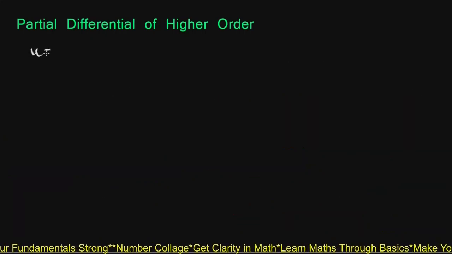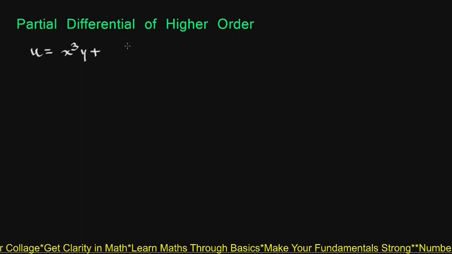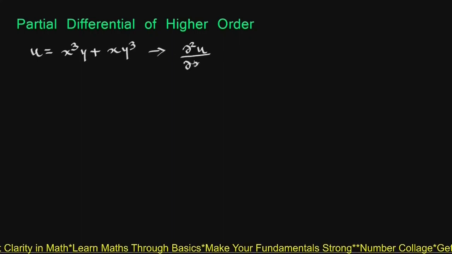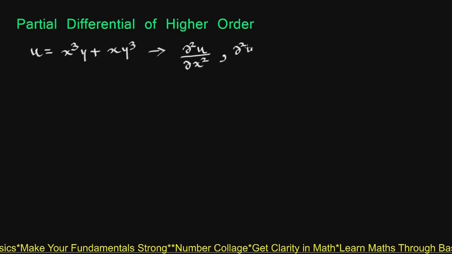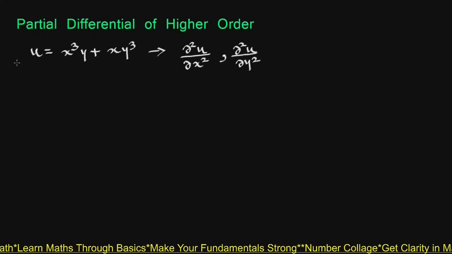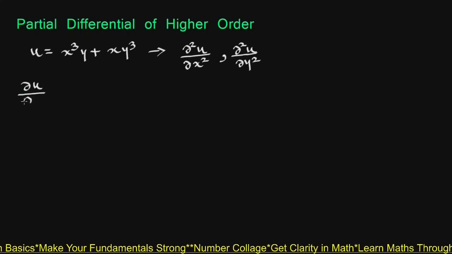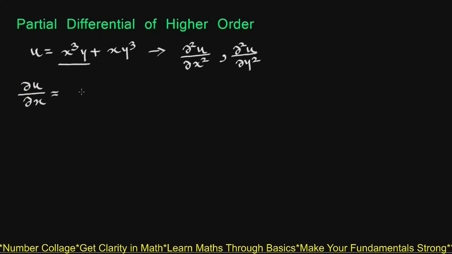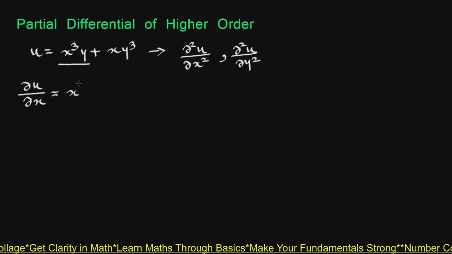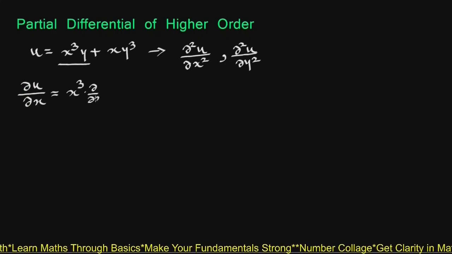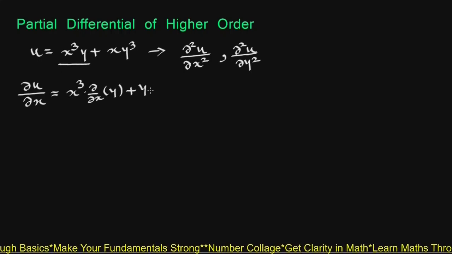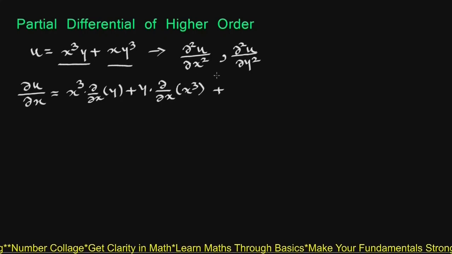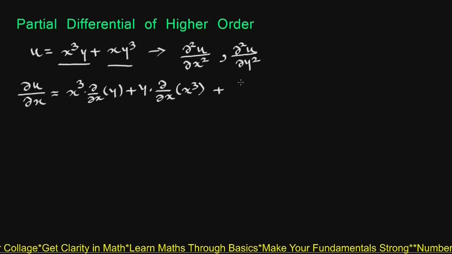If u equals x cube y plus xy cube, find ∂²u/∂x² and ∂²u/∂y². First, let us find ∂u/∂x, which is, for this x cube y, we have to use product rule, which will be x cube into ∂/∂x of y plus y into ∂/∂x of x cube plus, for xy cube we again have to use product rule, that